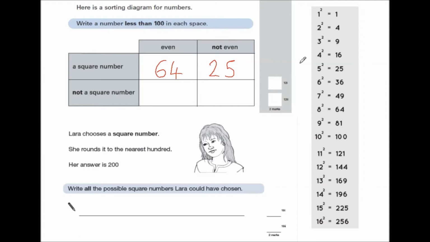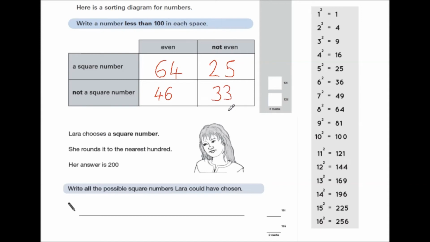Okay, so anything which is even, less than 100, and which is not shown here on the right hand side. So there's quite a few that you can have. I'm going to choose 46. Okay, and then we also need a number which is not even, which is also not a square number. So again, can't be here on the right hand side. I'm going to choose 33. Okay, that's odd because of the 3.